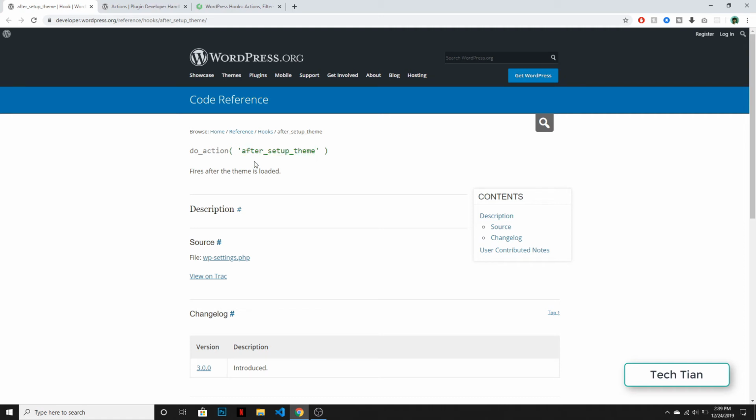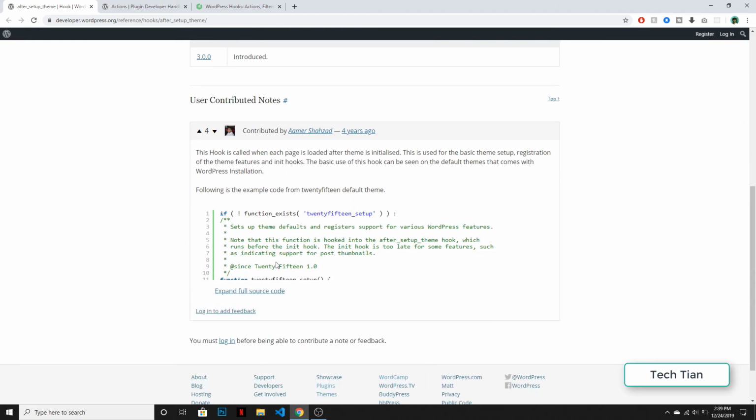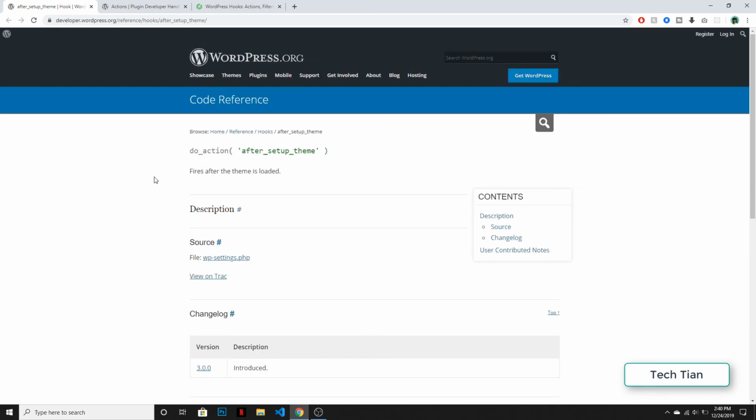This is like one of the major things that you need to know when you are just bootstrapping your WordPress theme. So you can read some contributed notes here. If you don't want to, then it's perfectly fine. I will eventually show you everything in videos. So yeah,